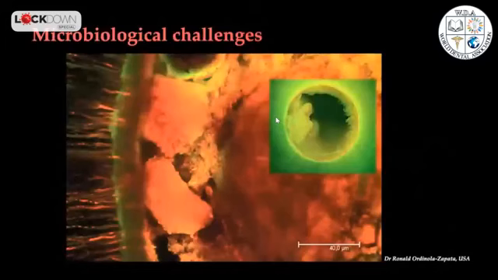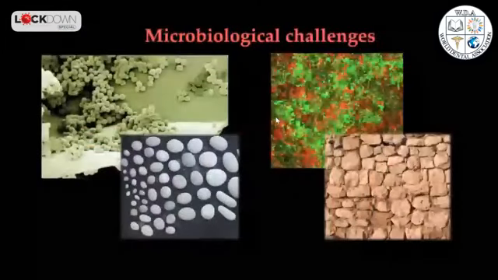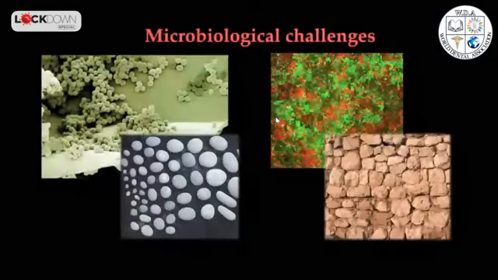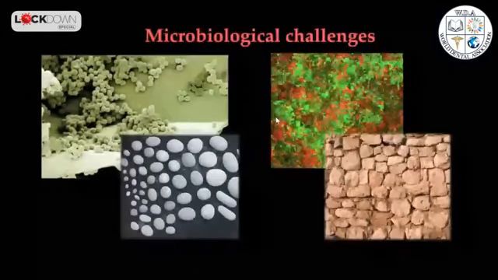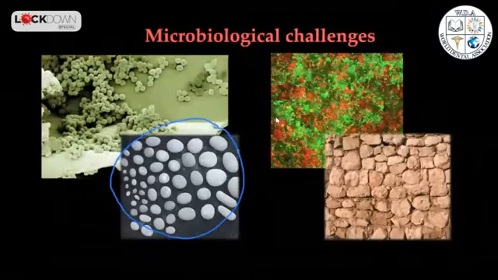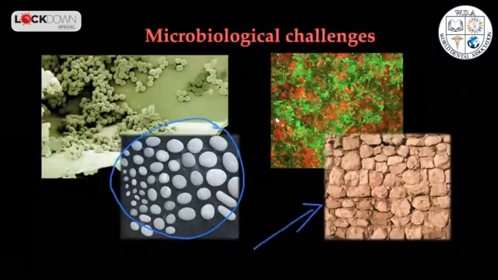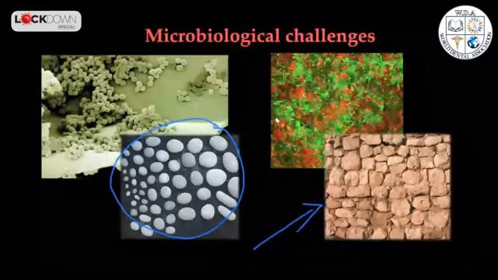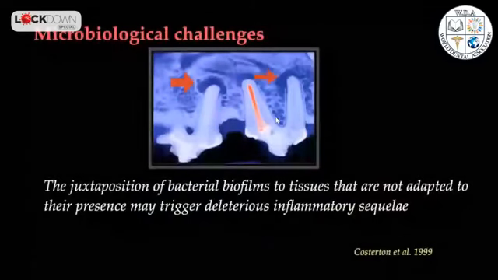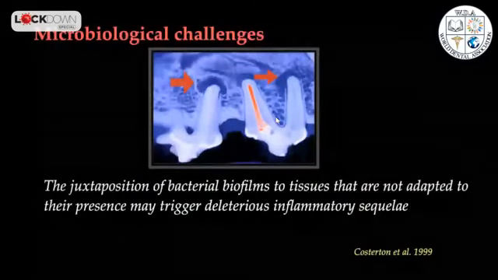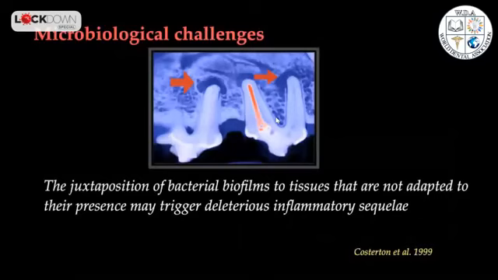Now, the key difference between planktonic and the biofilm structure is the basic organization. A planktonic suspension is very simply like a pile of stones. You can very easily disperse them, whereas a biofilm is more like a brick and mortar wall, which means that just by depositing solution of any liquid, you can't break down this entire structure. And every time when we have biofilms in areas of the body which are not normally used to having microbial presence, you have inflammation.